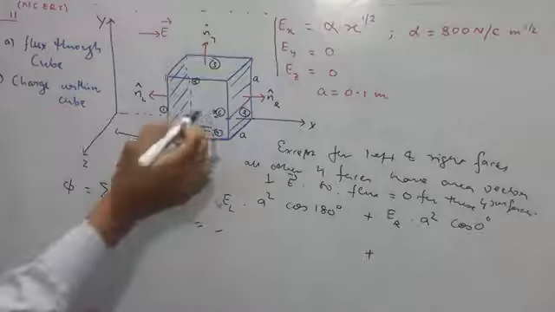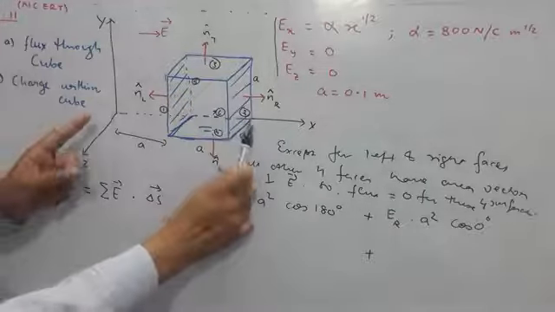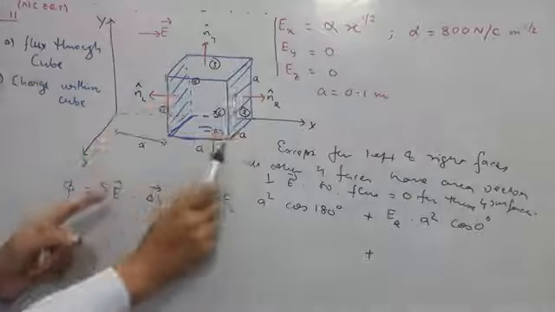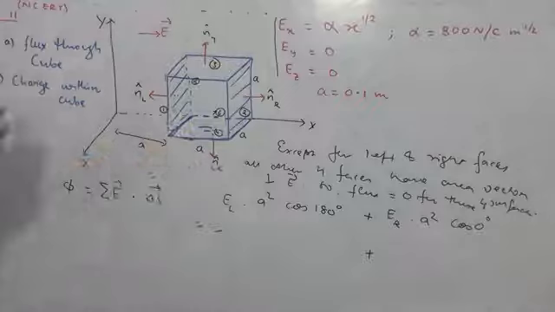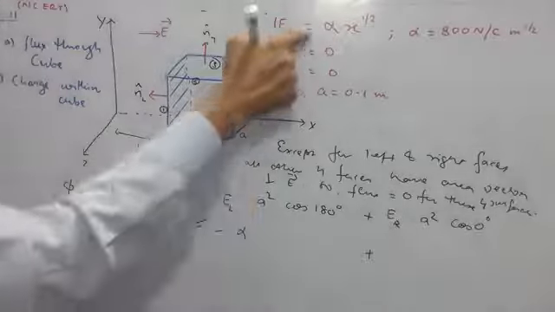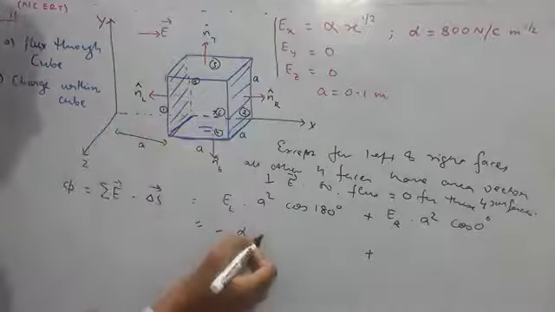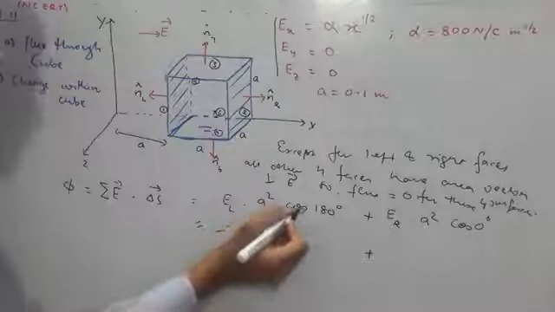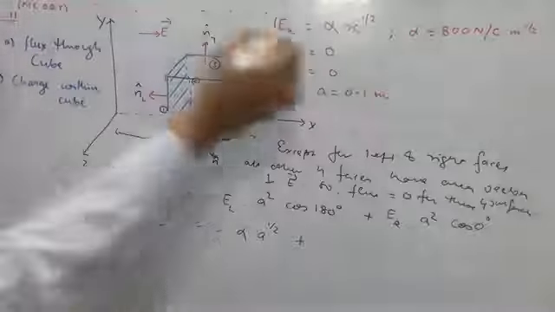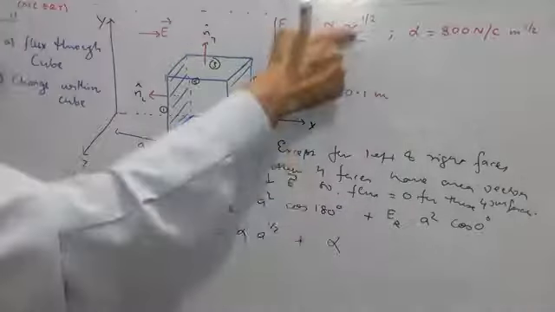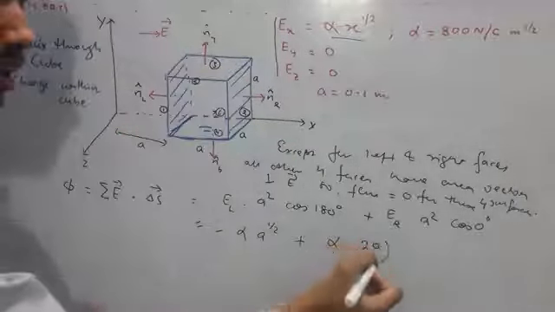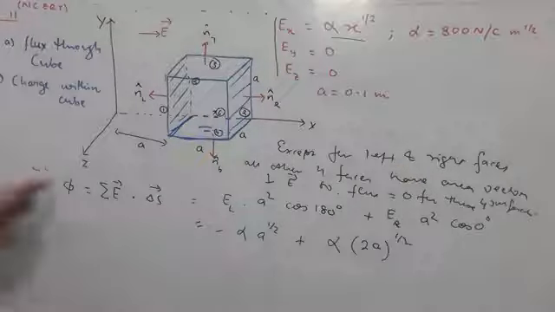X is the distance. Likewise, the right face, how much distance it has from origin, you can see. From here to here, it is A, and between these two faces, the distance is how much? That is also A. A and A will become 2A. So the value of x for EL will be obtained by putting its value alpha into x. What is x here? It is A, and power is half. Cos 180 is -1 plus ER. At the right end, the value of electric field is again given by this formula, that is alpha, but x, as I have discussed, from here to here it is A plus A, that is 2A to the power half. This will give you the answer.